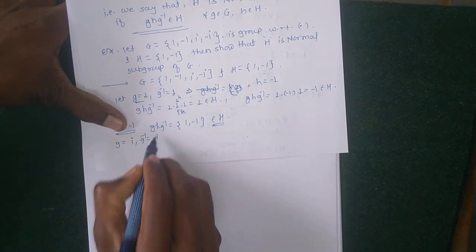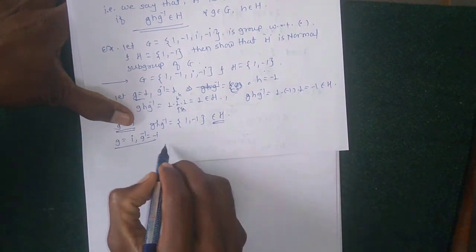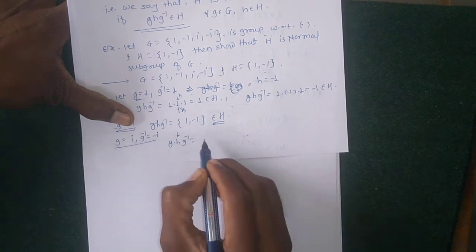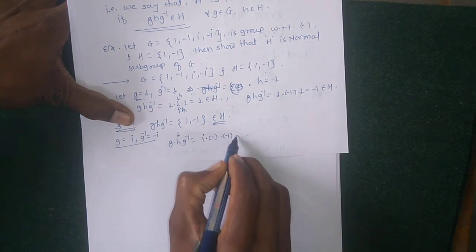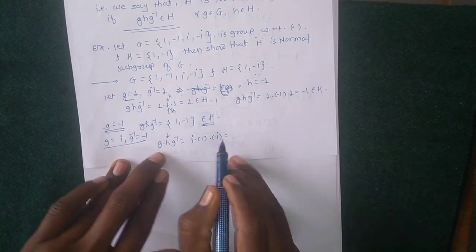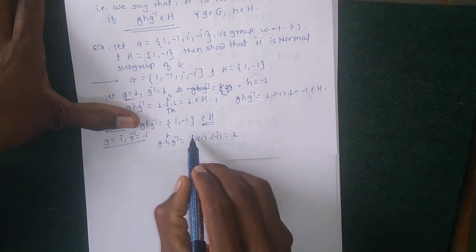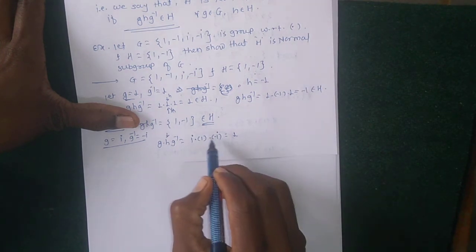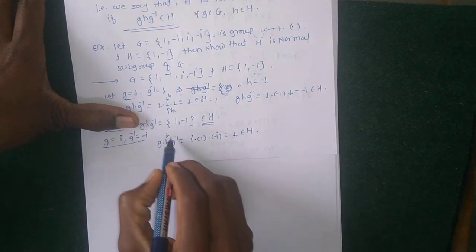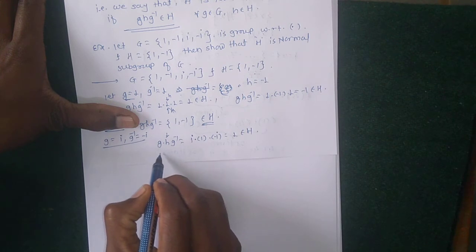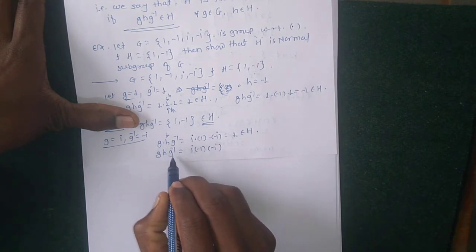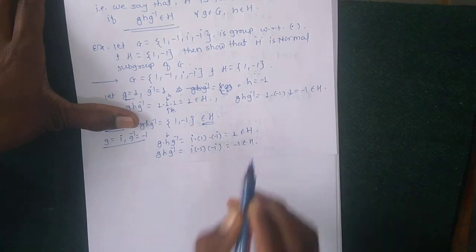then the inverse of g is minus i. So g h g inverse, if h equal to 1 and g equal to i, is i times 1 times minus i, which is minus i squared; since i squared is minus 1, this equals 1, and 1 belongs to H. If h equal to minus 1, then it is i times minus 1 times minus i, giving minus 1, which also belongs to H.